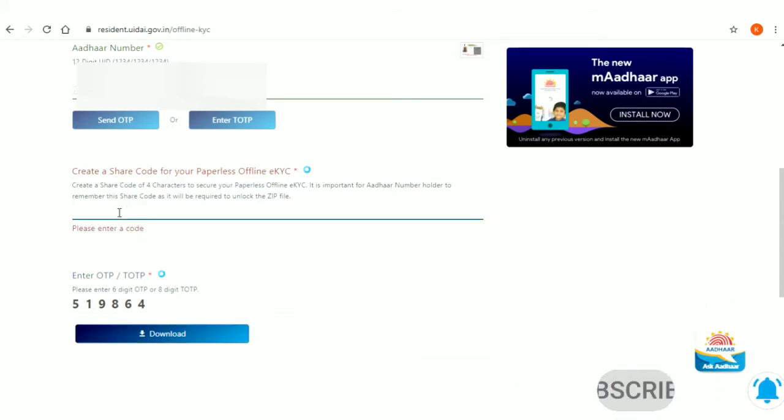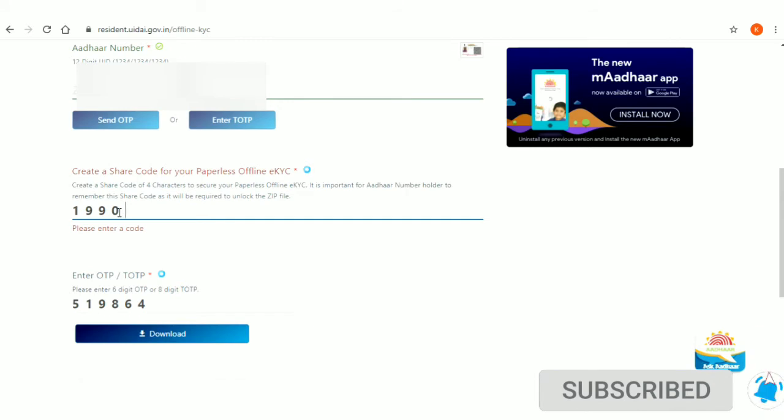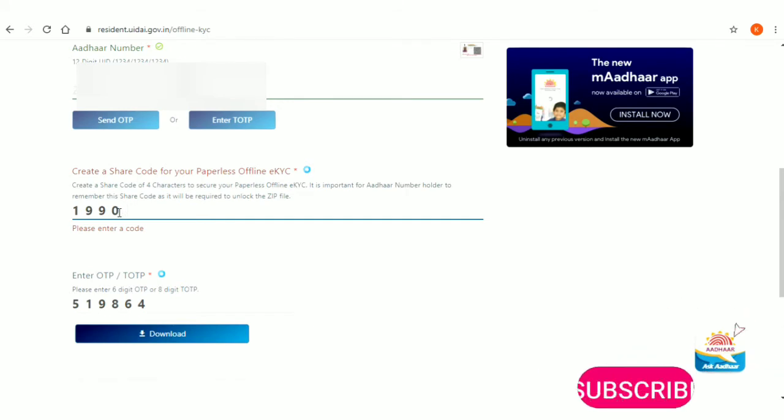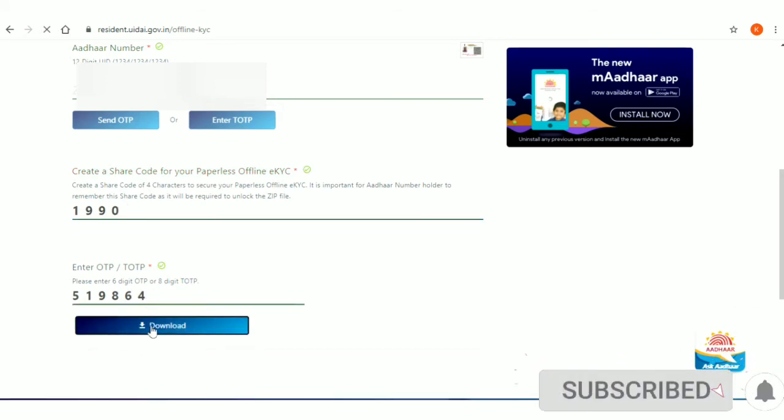So I'm entering a 4-digit share code. You can configure this; you enter it as a password, and it can be any 4-digit numeric number. After entering the share code, I'm clicking the download button.